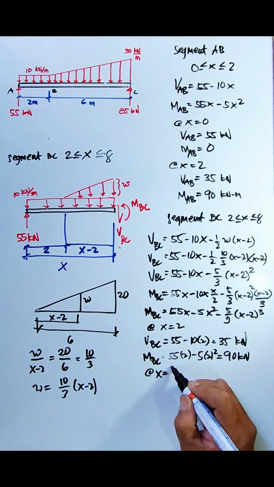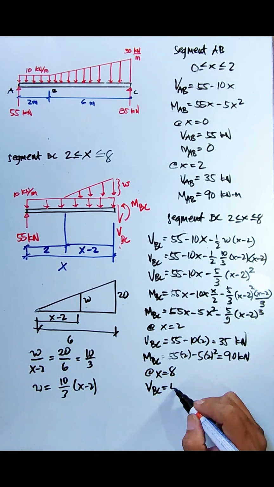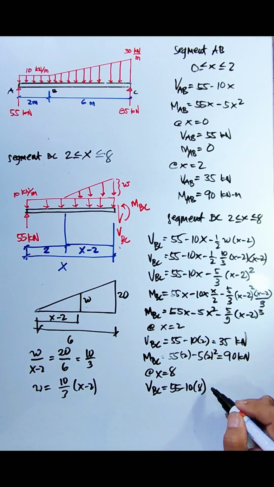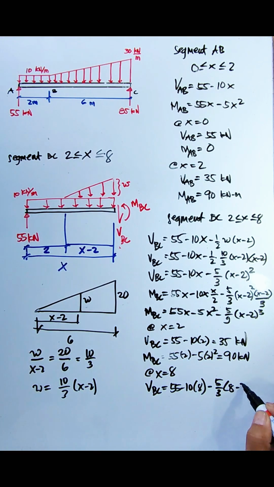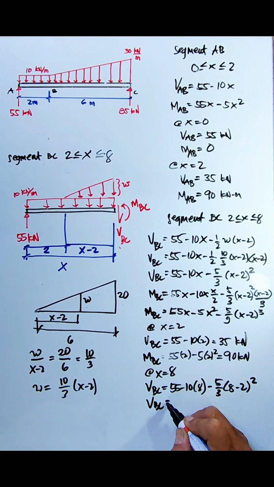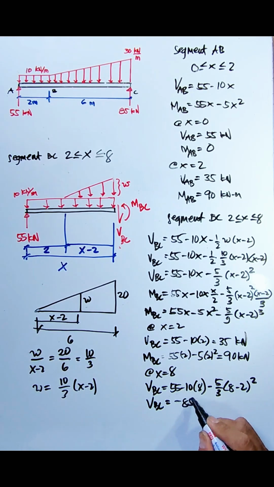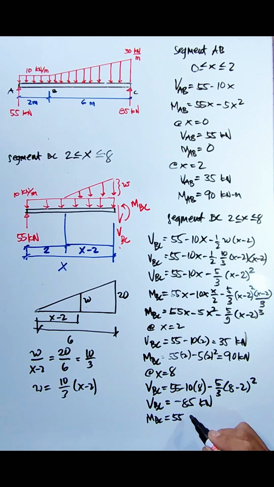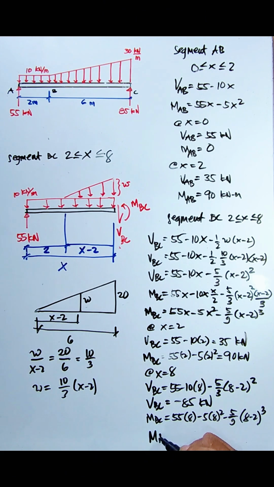Then at x equals 8, VBC is 55 minus 10 times 8 minus 5/3 of (8 minus 2) squared. VBC is negative 85 kilonewtons. And moment BC is 55 times 8 minus 5 times 8 squared minus 5 over 9 times (8 minus 2) cubed, equals MBC equals 0. Okay, so now we draw the